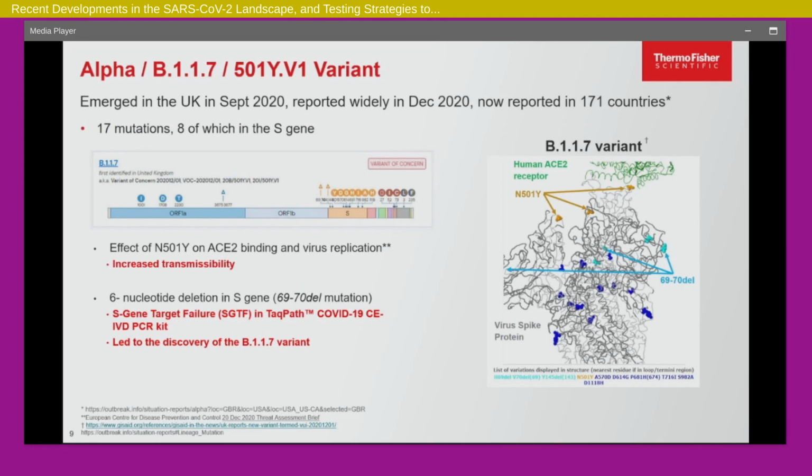And it actually led to what we now refer to, the terminology we use, as S gene target failure. Some people use the word S gene dropout. And this was the reason why they even discovered it in the first place. That's when we knew that this virus is really shifting to a point where we are seeing these variants. And that became the first variant of concern, coming out of England. It quickly and rapidly spread across the world and became one of the most dominant variants. We're talking about, I would say, December, January, February time.